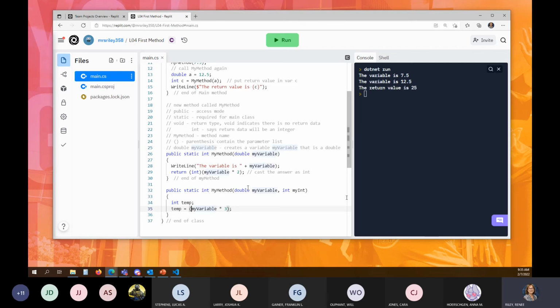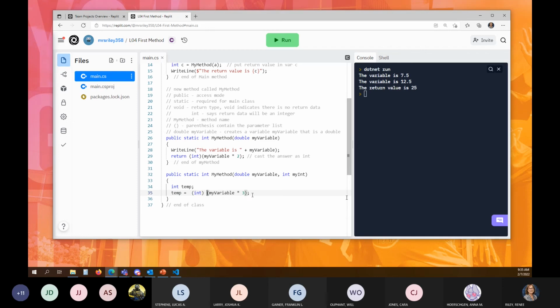I'm going to need to make that an integer because I said my temp variable is an integer. And then finally, I'm going to do a write line. And in my write line, use the interpolated strings with the $ sign and say my variable equals